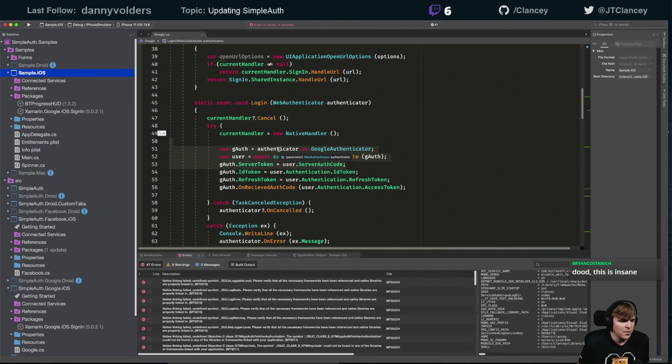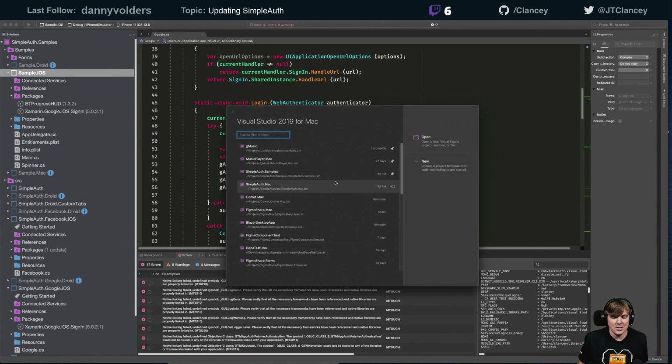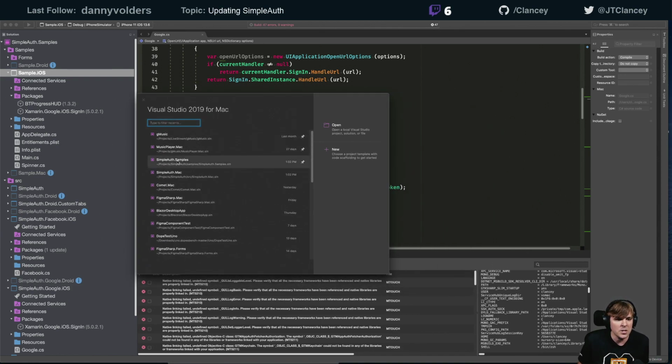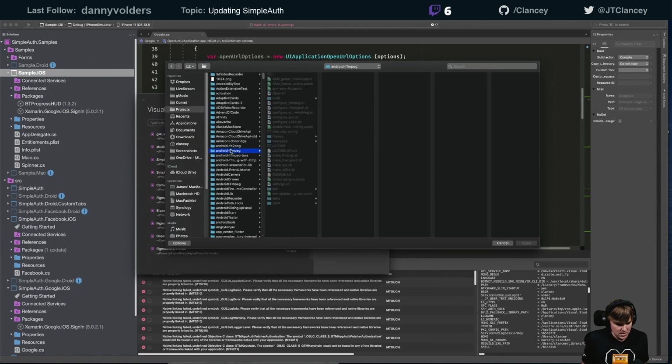I was trying to think of the way I'd do that for the Meadow. So I have console login. I don't want to fix this Google stuff right now because that's pointless. Let's open up a new instance of VS really quick. And I want to show I need to fix this anyway, because when I tried tweeting, it didn't work. So let's go to open a solution. Somewhere in my project folder, there is